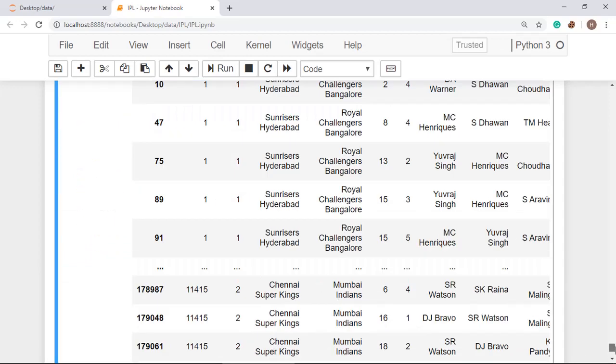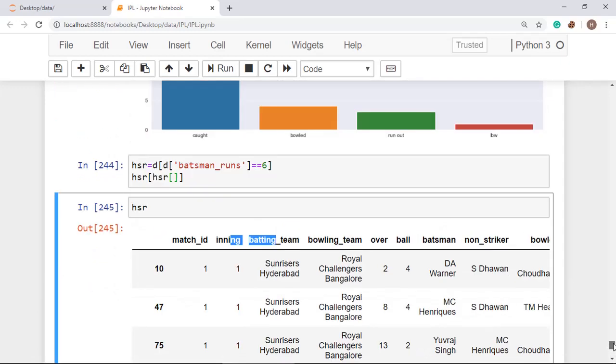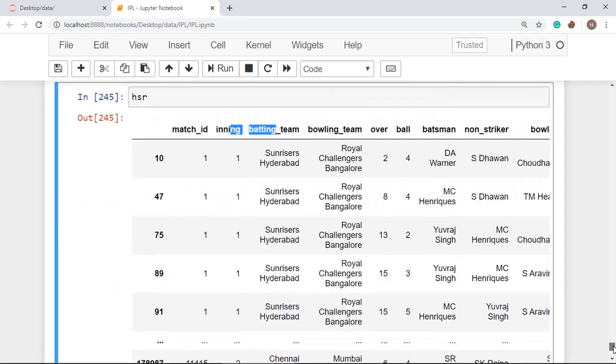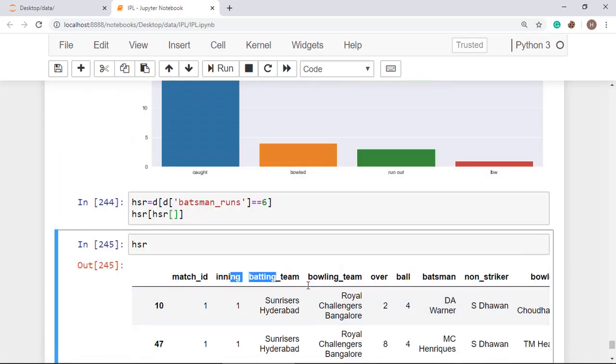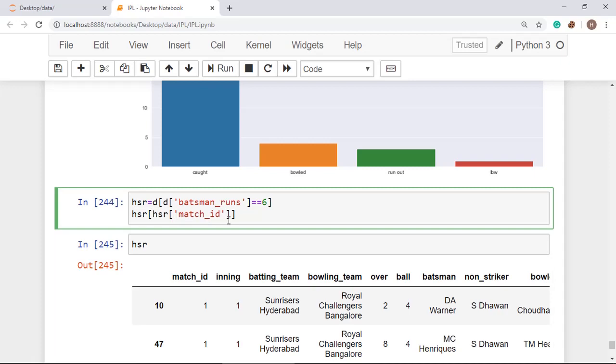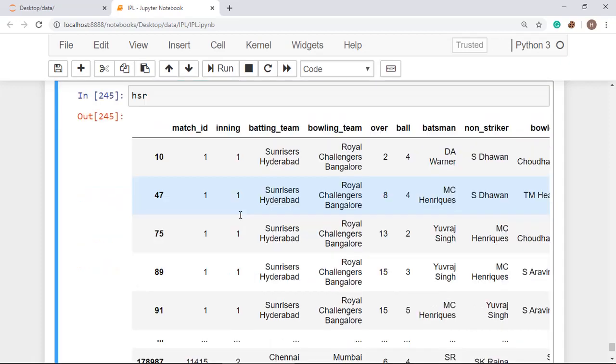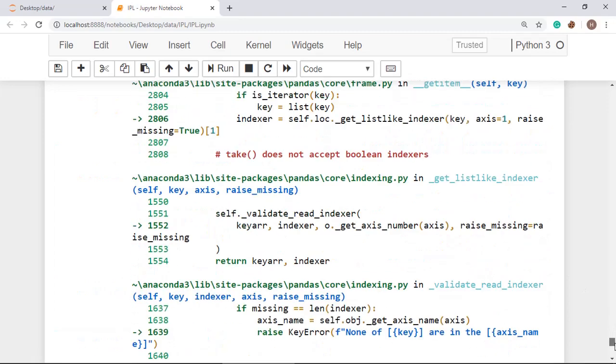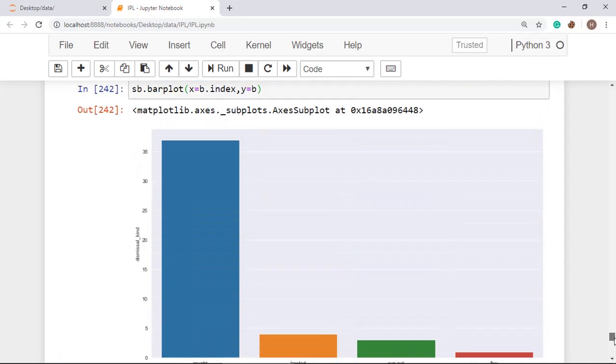Here we cannot relate with the inning because the data for the season is not given. Sorry for that. You can do it for a particular match, how many sixes have been scored in a particular match. So you have to use match ID, and here I am passing the same thing, match ID, and this will confine out all those data, where this one is displaying error.